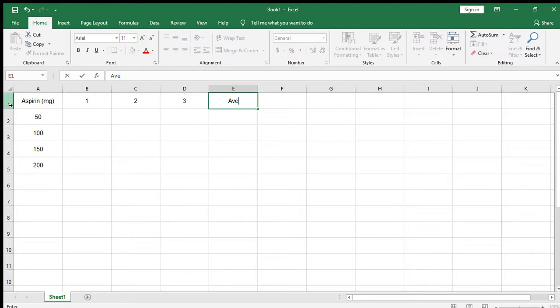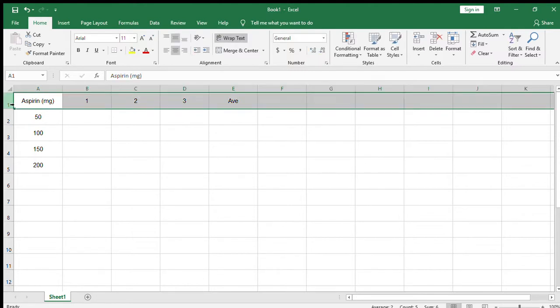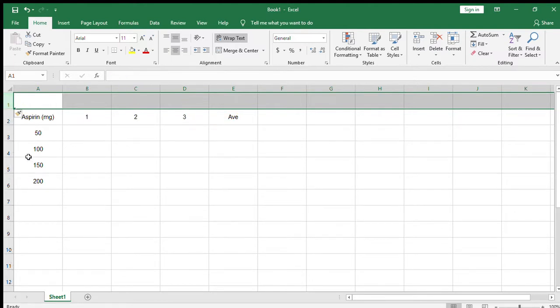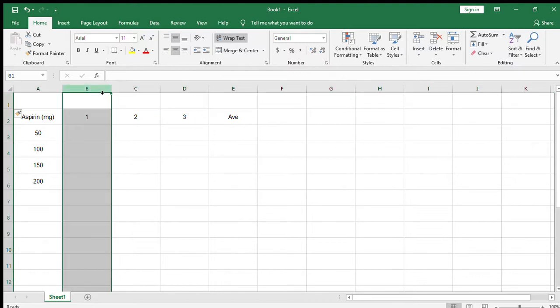So I want to add a set of rows above this one. So I'm going to click on the number to the left. I'm going to right click and click insert, and Excel knows what I want. That I want to put a row above the point where I've listed. And you can also do that horizontally like this. So you can right click, and when you click insert, it's going to add another column, which is generally going to be on the left hand side. So I'm going to go ahead and delete this one. If I want to get rid of it, I'll just right click on it and I'll delete,